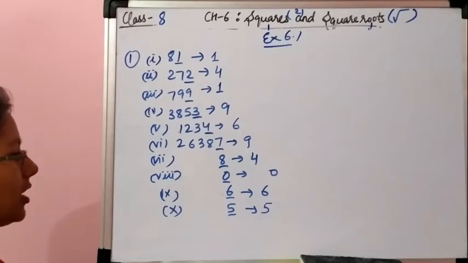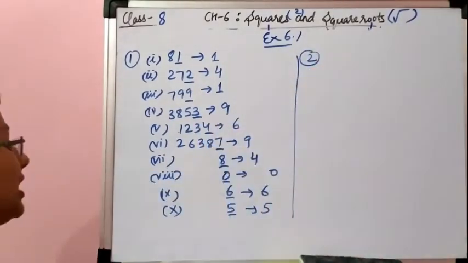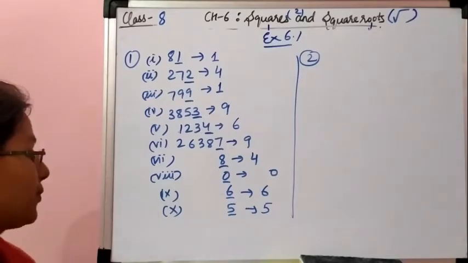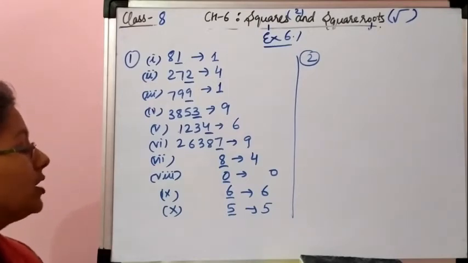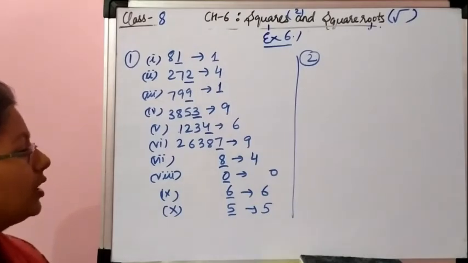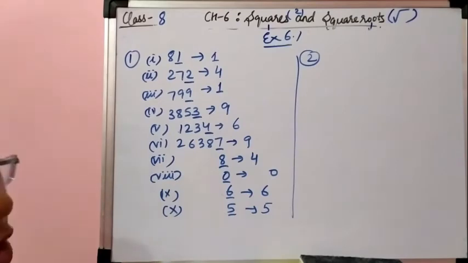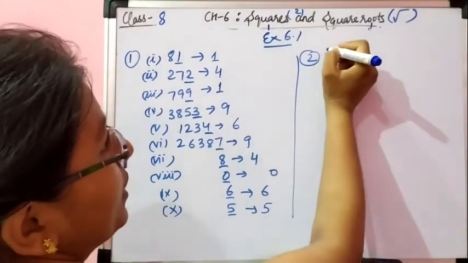Now the second question: the following numbers are obviously not perfect squares. अब सेकेंड में जितने भी हैं आपको वो सारे के सारे दे आर नॉट परफेक्ट स्क्वायर. रीजन, फर्स्ट पार्ट में यूनिट डिजिट कितनी है? 7. सेकेंड में कितनी है? 3. थर्ड पार्ट में यूनिट डिजिट इज 8. इन फोर्थ पार्ट यूनिट डिजिट इज 2. इन फिफ्थ पार्ट देयर आर 3 zeros. इन सिक्स्थ पार्ट देयर अगेन द यूनिट डिजिट इज 2. सेवेंथ पार्ट देयर आर 3 zeros. एट पार्ट देयर इज 1 zero. So all are not perfect square numbers. So what is the reason? We will write a common reason.